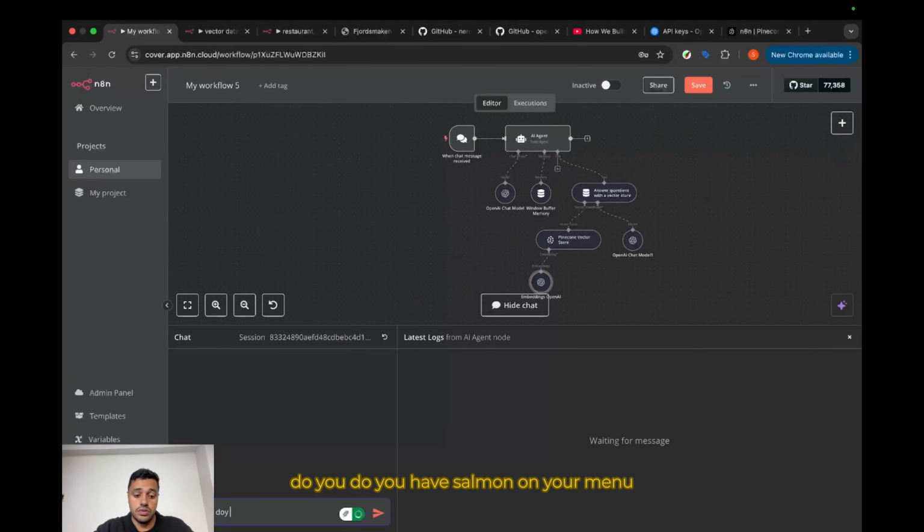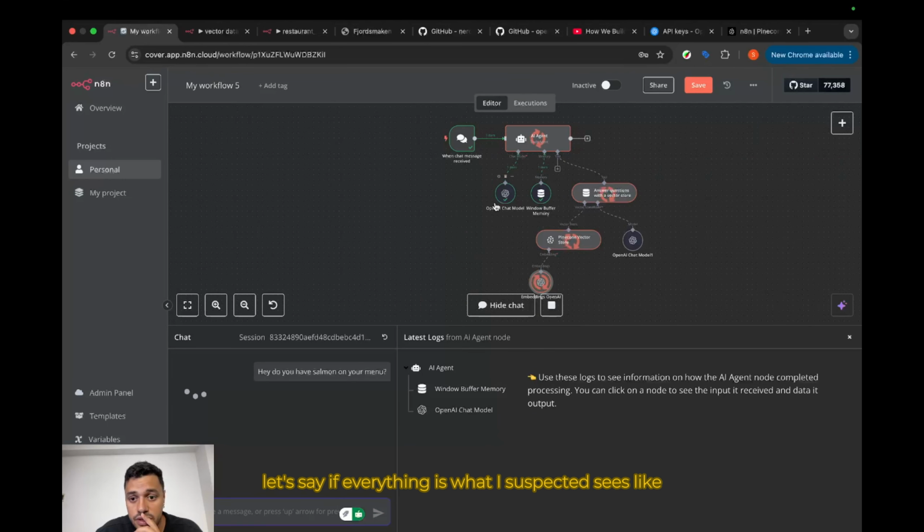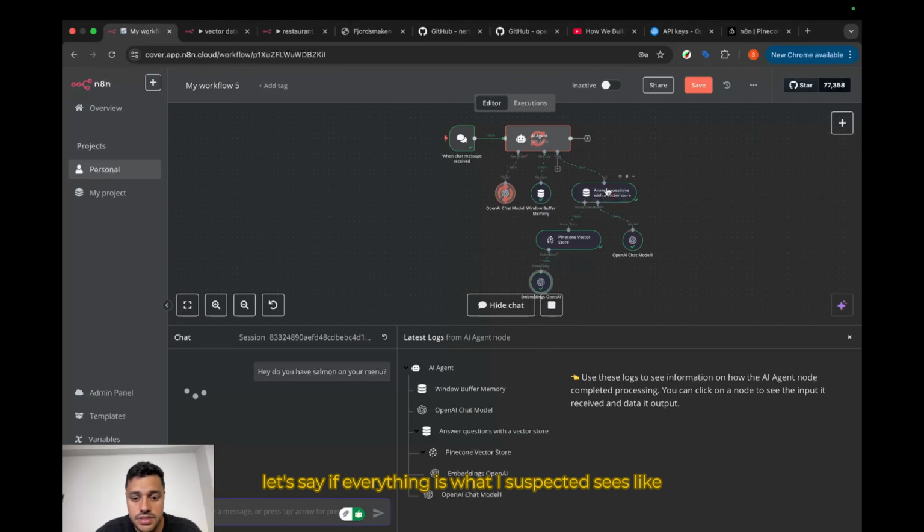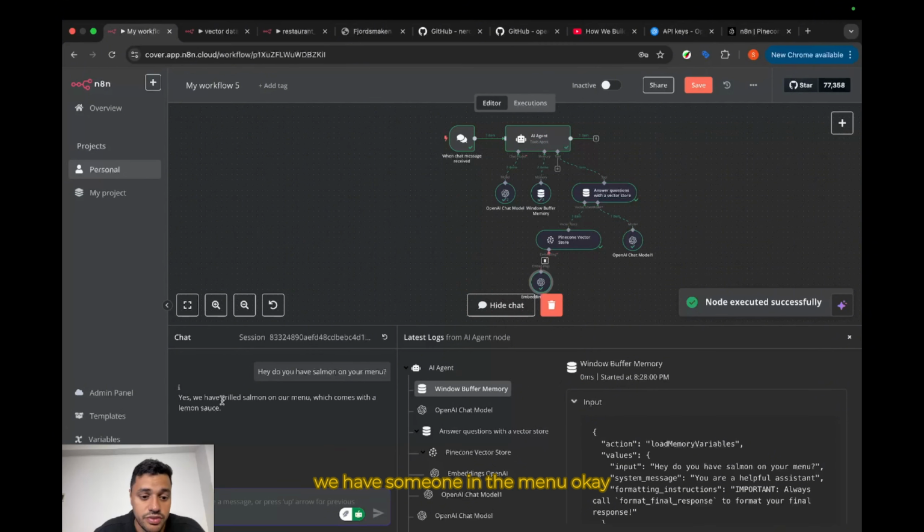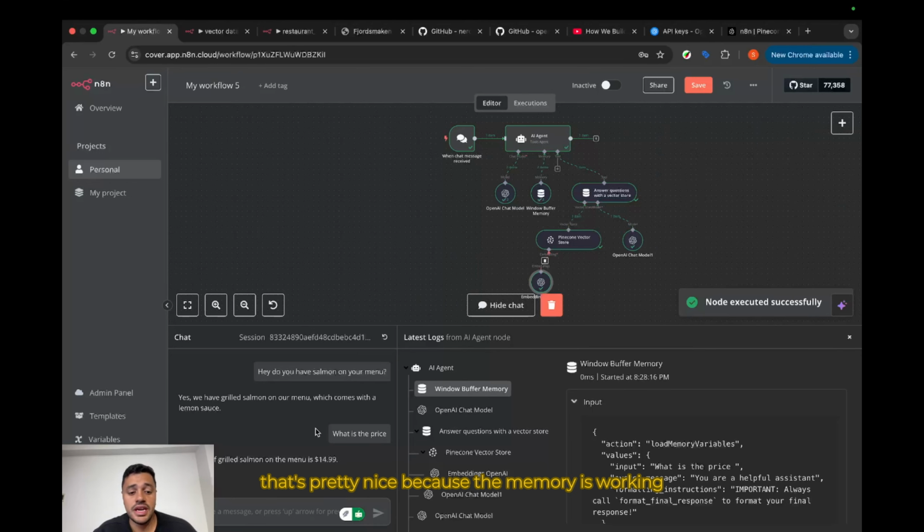And, hey, do you have salmon on your menu? Let's see if everything works as expected. Seems like a yes. Yeah, we have salmon on the menu. Okay, and what is the price? That's pretty nice because the memory is working: I asked about the salmon and after that asked about the price without mentioning the salmon. That is working as expected, and now our goal is to integrate that in a website that we are going to